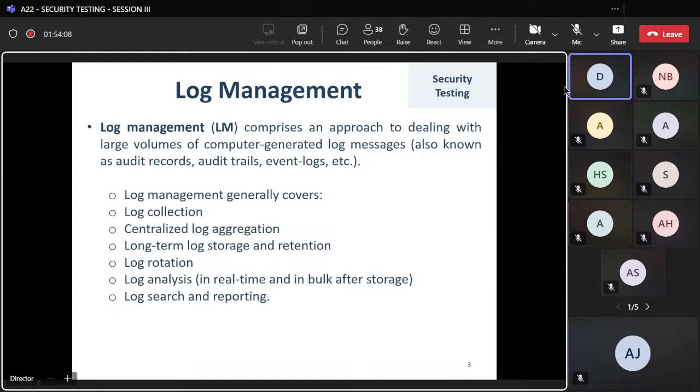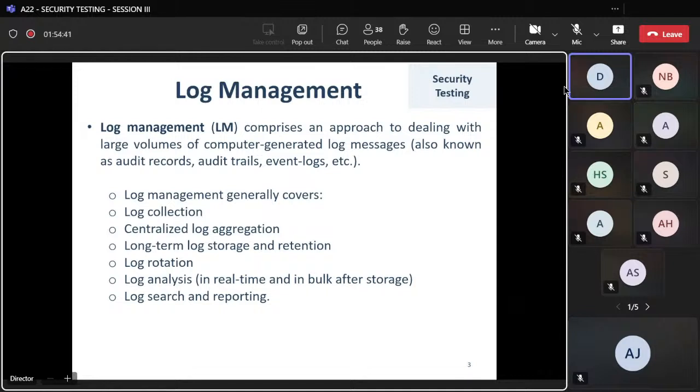So it's log management. Basically, this will be dealing with large volumes of computer generated log messages. For example, these may even be called audit records or audit trails or event logs. So what is happening in the local host? It may be from the application events, or it could be security events, or it could be system events. So in chronological order, the records will be stored on the local host, and that will be used as